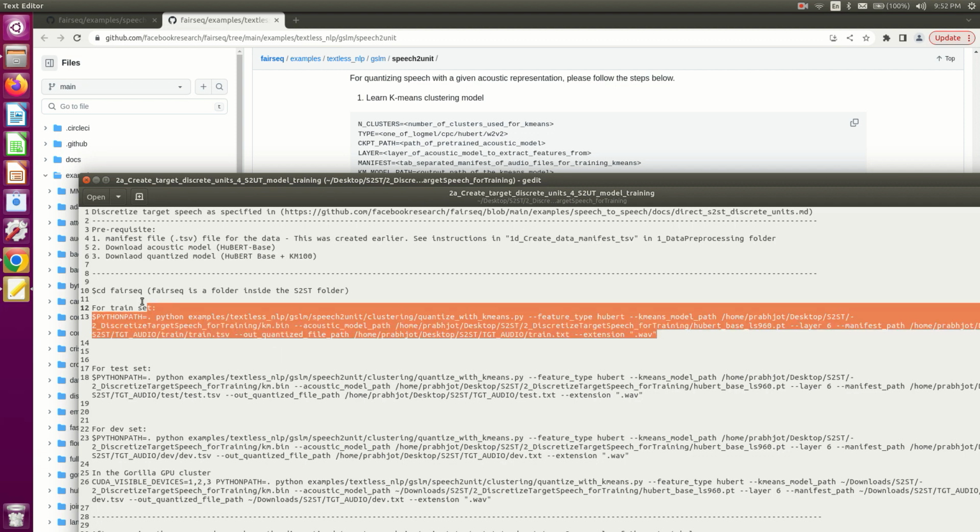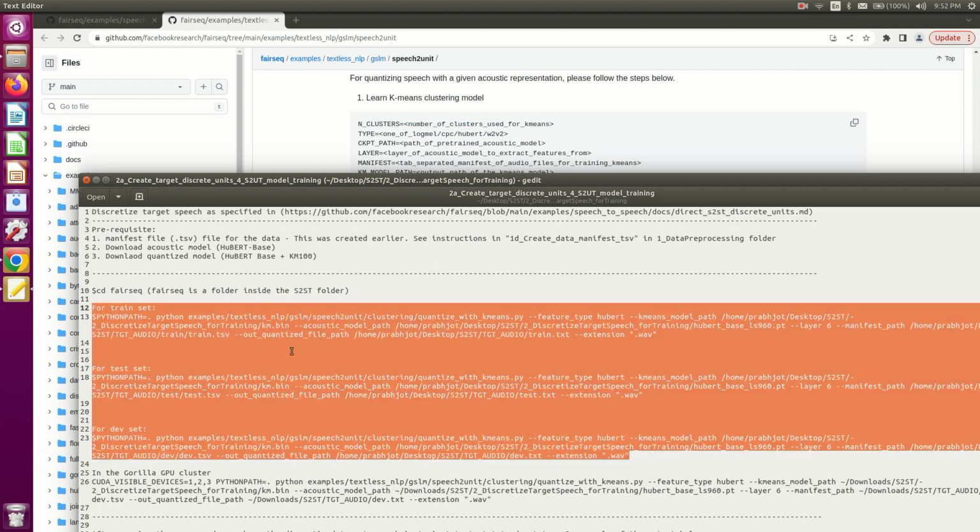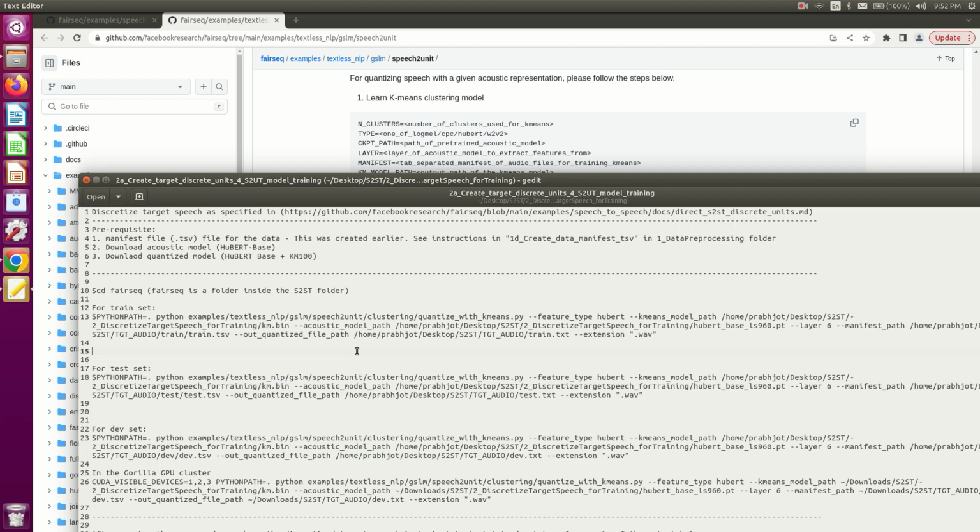Okay, so once we run this, in this case I'm running it 3 times because I have three different sets: train, test, and dev. The command is the same, just the arguments change a little bit depending on where the files are stored and where you want to store the output. So these are all the same 3 commands basically, with arguments adjusted. Okay, so once I run this,